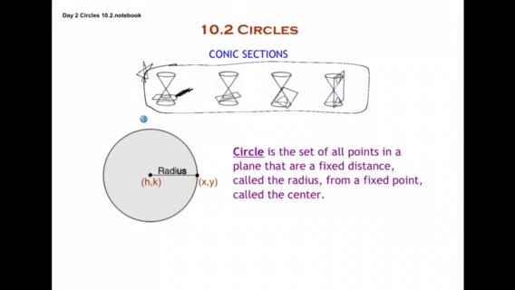A circle is the set of all points in a plane that are a fixed distance, called the radius, from a fixed point, called the center. The radius we refer to as the line from the center to a point on the circle. The point on the circle is an ordered pair x, y, and the center of our circle is a point